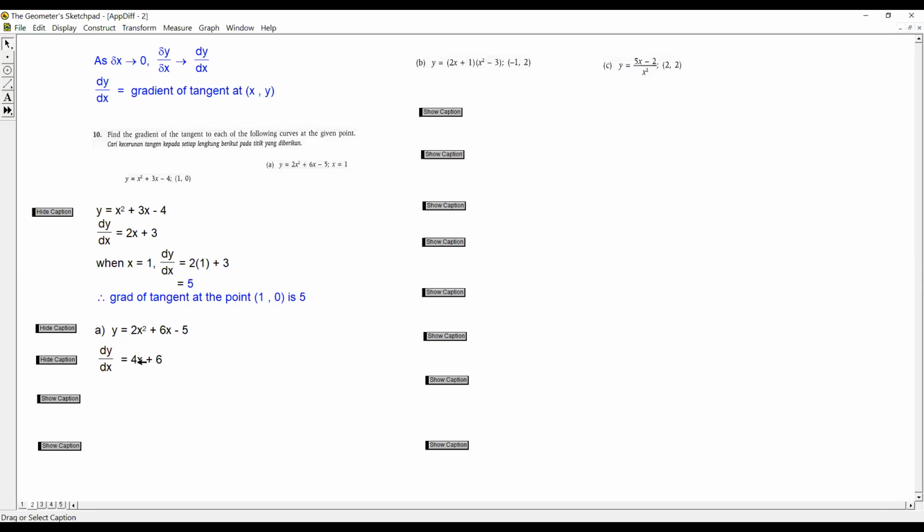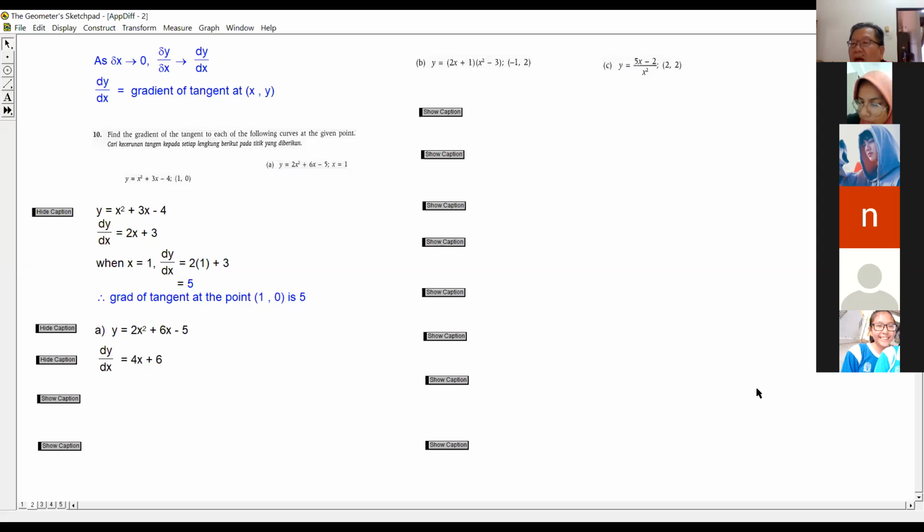Can you tell me why the dy/dx has a variable x there? Anyone can tell me? Megan, you were here just now. Why is it that dy/dx has a variable there? Because x squared